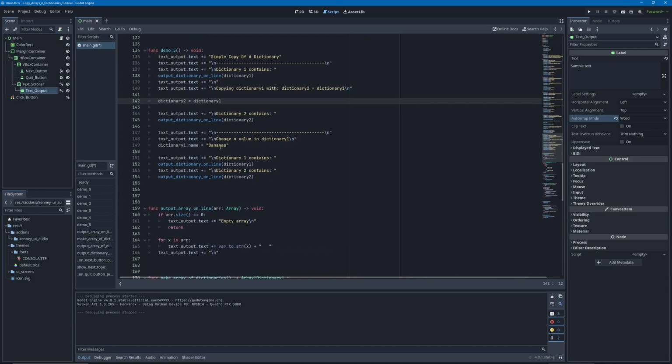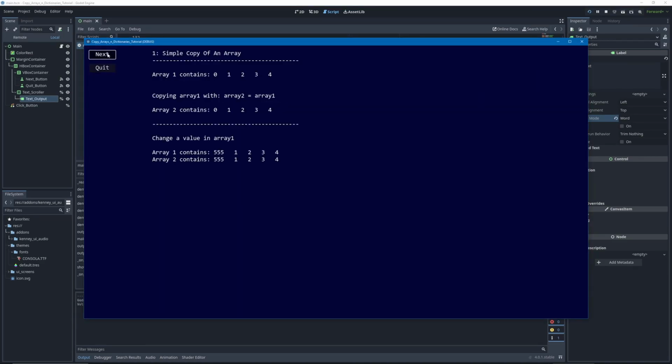Change a value in dictionary 1. I'm going to change the name to bananas, and then see how that affects dictionary 1 and dictionary 2. I think you should be able to predict what's happening here. So if we skip through to